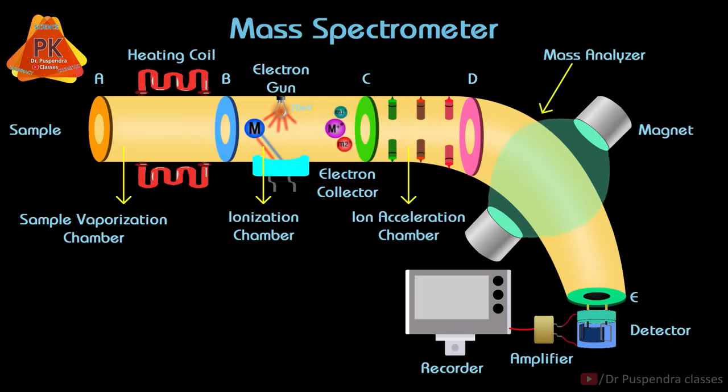Now these positively charged ions will go towards the slit C, and their positively charged electrode potential will be there, and due to this positively charged electrode potential, these positive ions will be repelled in the right side, because in the right side negative potential will be there, and ultimately they will get some velocity, and with that velocity they will enter into the mass analyzer through slit D.